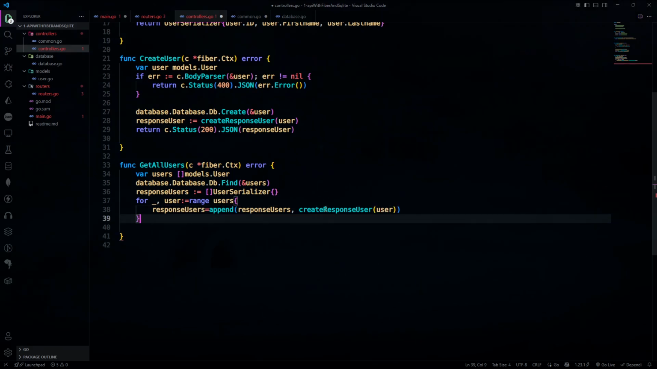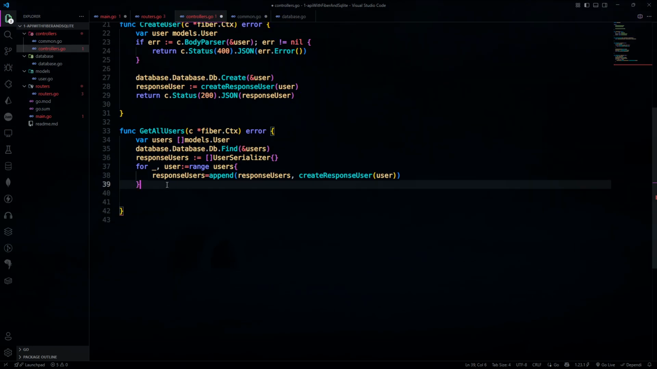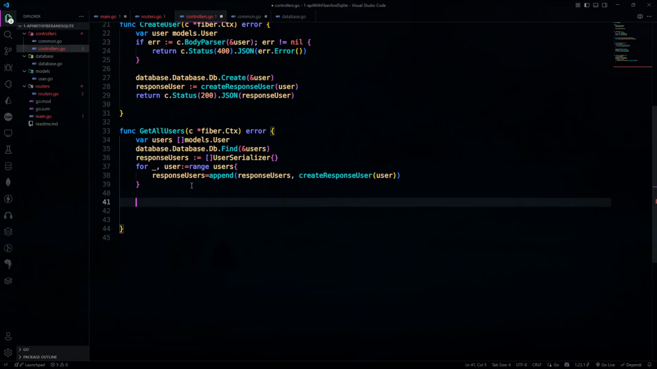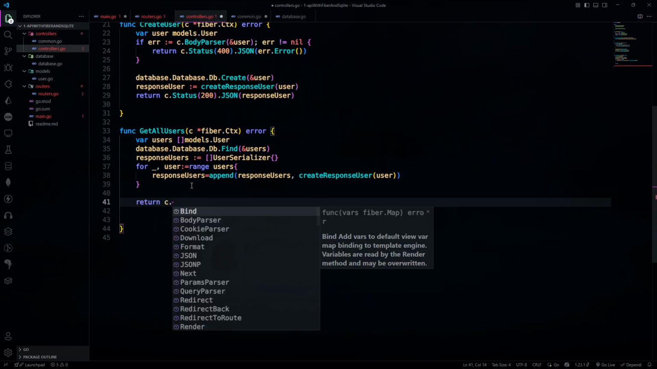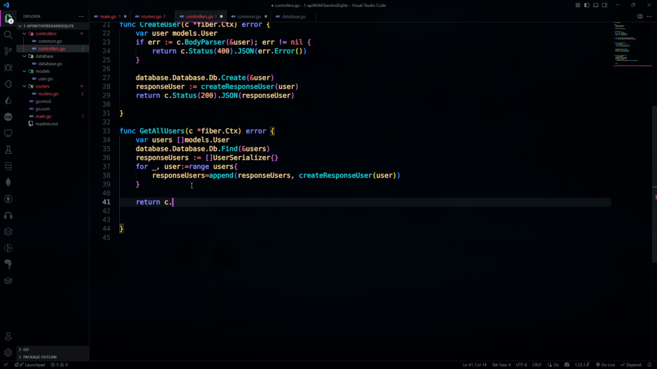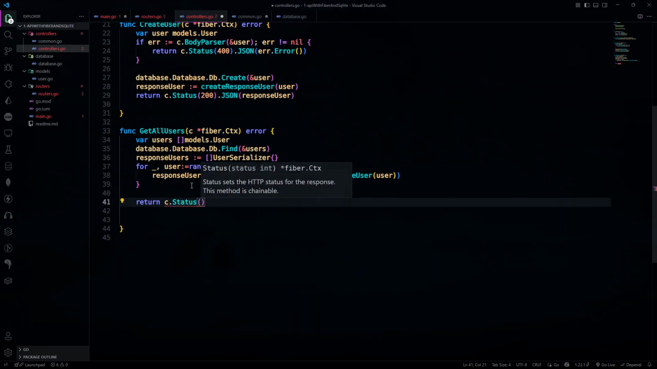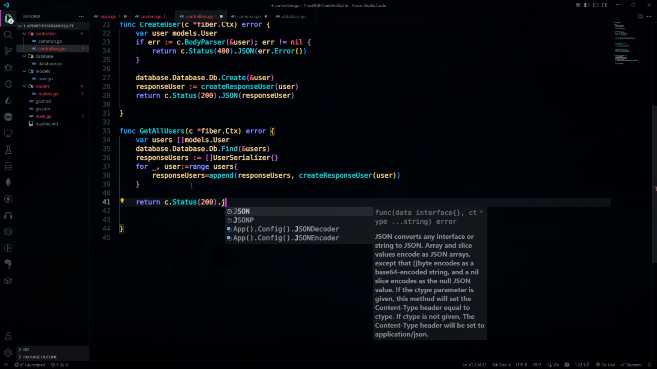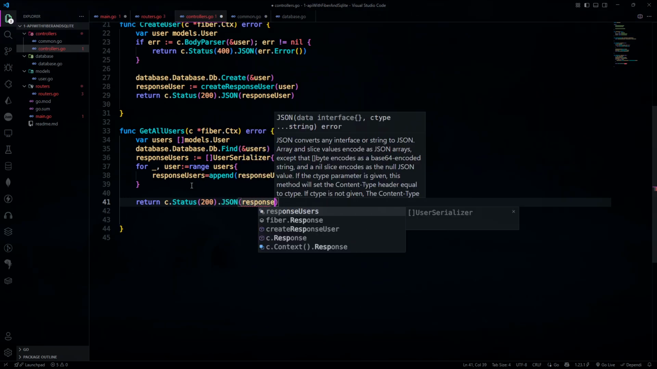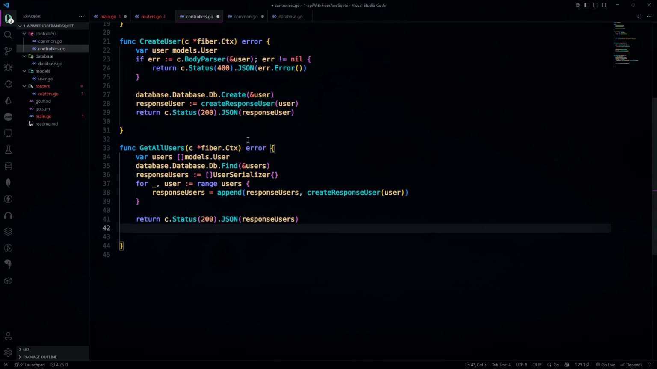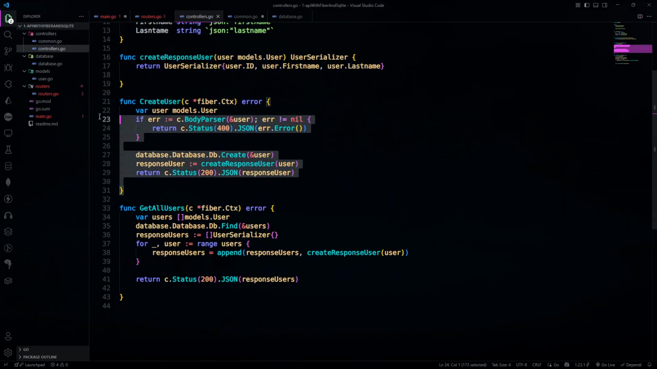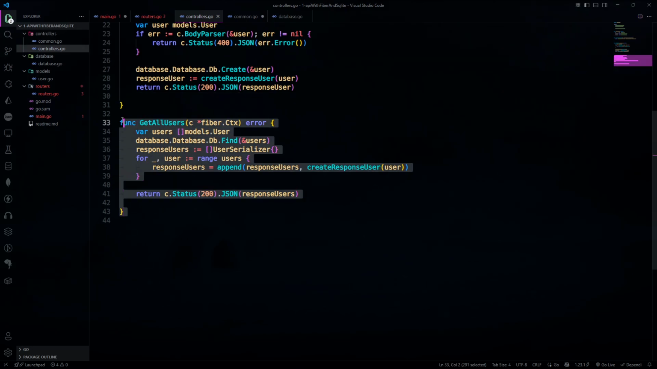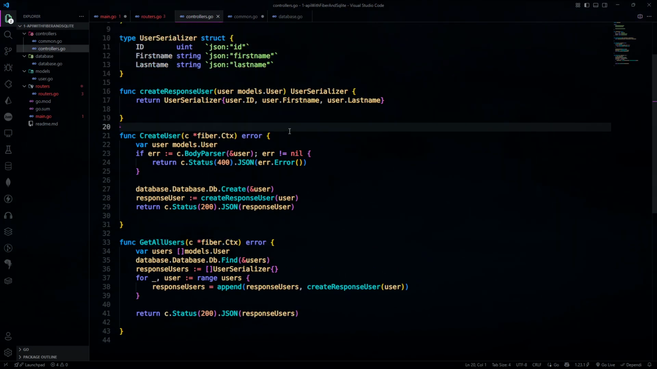Okay, and I will simply close the curly braces, and we will return the c.status, because if we do not get any error, we simply return the users response with a 200 status code, meaning it's simply a working response. Okay, the first function is for creating a user, and the second function is for getting all the users, and I have used that function in the